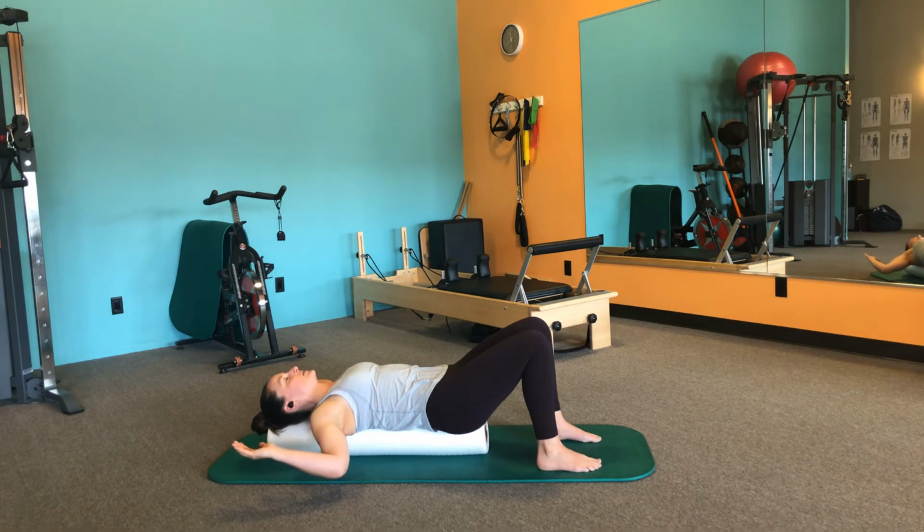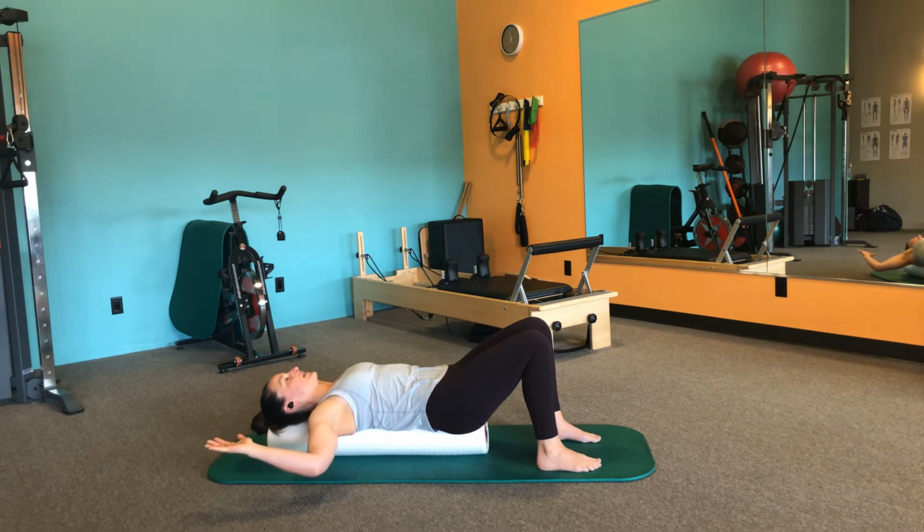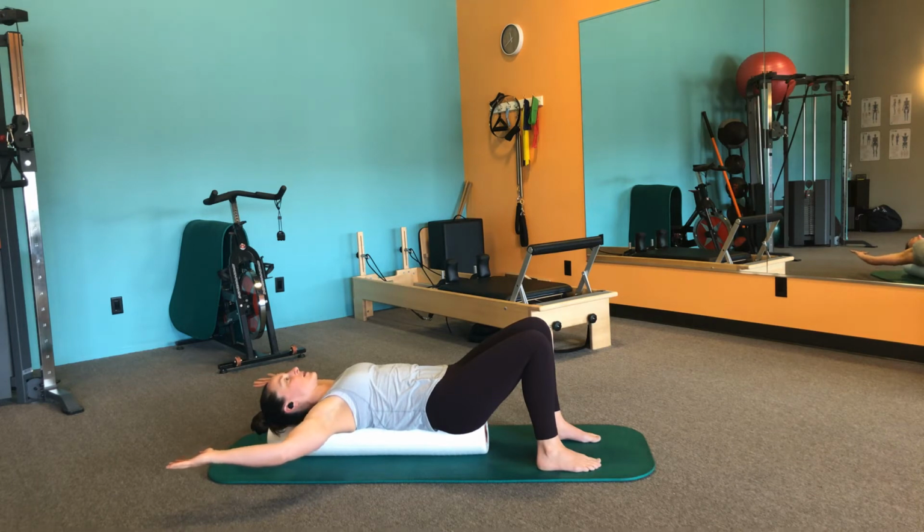Squeeze the shoulder blades to the foam roller a little bit as you bring the back of the hands to the floor. So right here, just think about taking your shoulder blades and hugging that foam roller, but not allowing your rib cage to lift. We're going to do one more. And reach back. Pause in this position with that bent elbow, and then we're going to start to slide those arms up and above our head, but again, not allowing our rib cage to lift, keeping that hug down, sliding up,